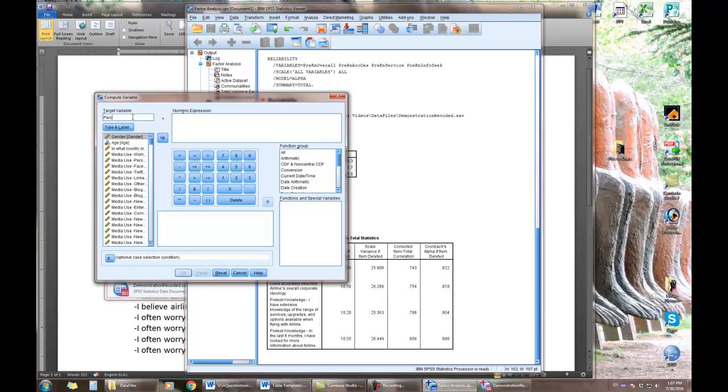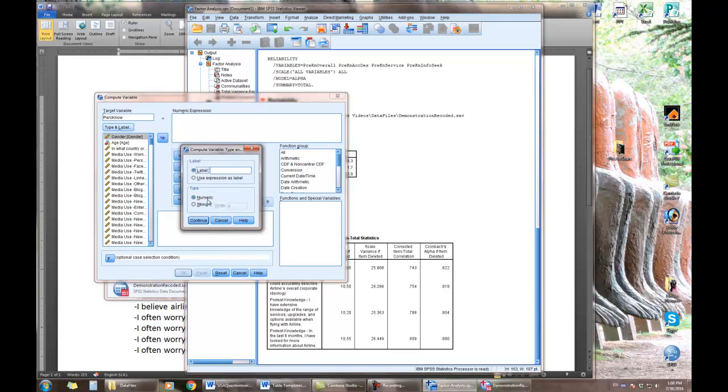So I'll call this perceive no. Now, then click on type and label. The numeric should be the automatic one checked. Leave it as it is. Then type in your label. I'll put in perceived knowledge airline. So then you just click continue,